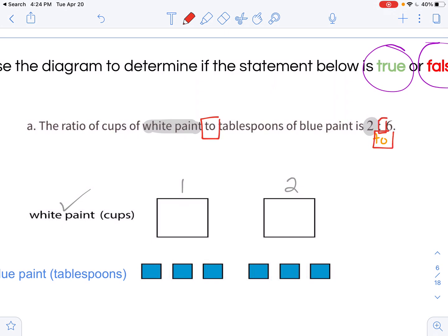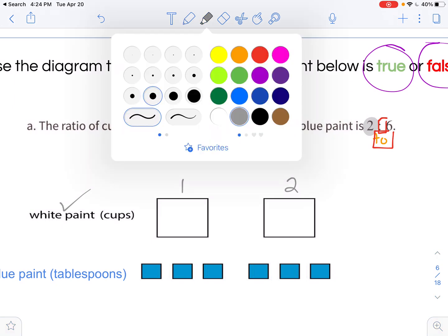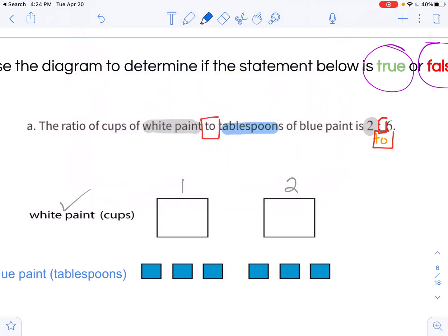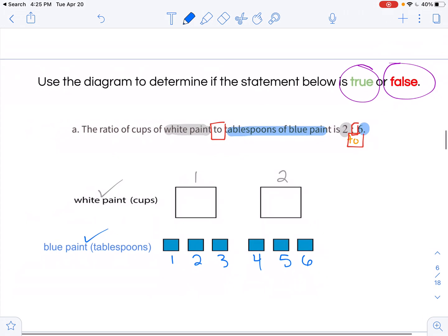So after that, it says tablespoons of blue paint, and after the other 2, it says 6. So I did this on the last page, but I'm going to do it again. There are 1, 2, 3, 4, 5, 6 tablespoons of blue. So that's a check. This statement must be